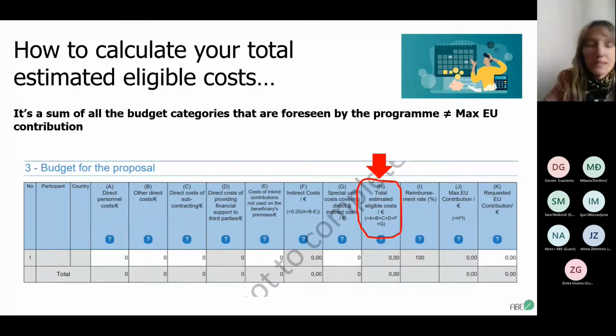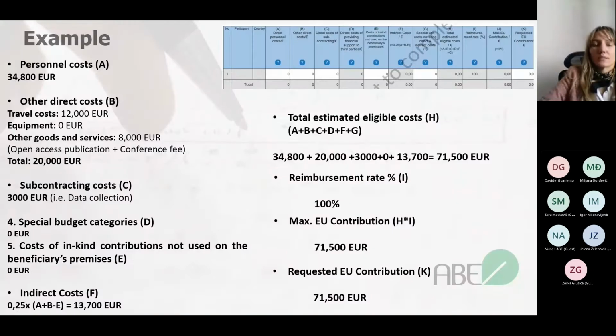Finally, we are reaching the total estimated eligible costs and the calculation of them. Here in this table, they are marked with the F sign, and they represent a sum of all budget categories that are foreseen by the program. Still, by the end, this sum is not the maximum EU contribution. You will see it now through one example, how we calculate this total estimated eligible cost and